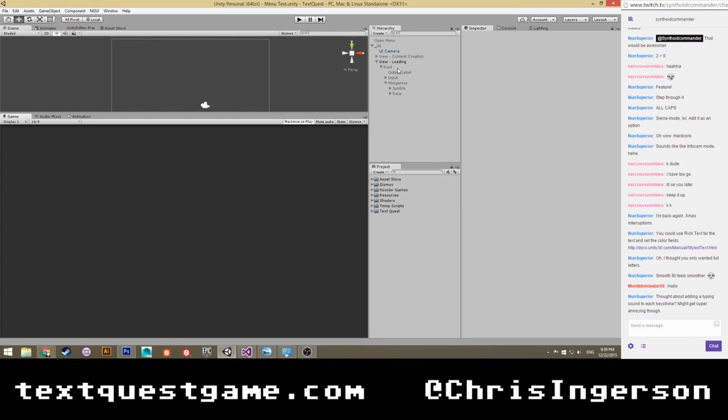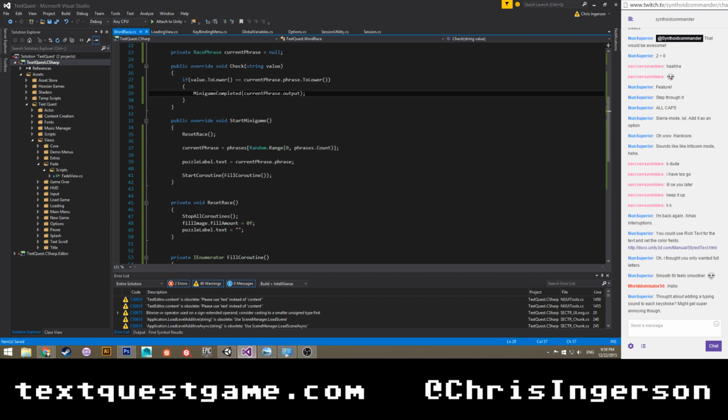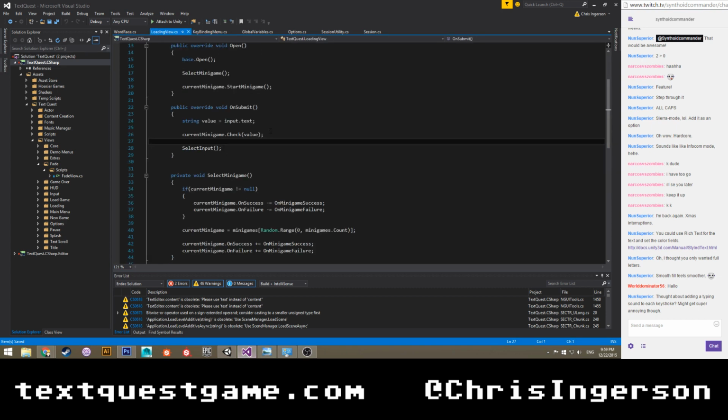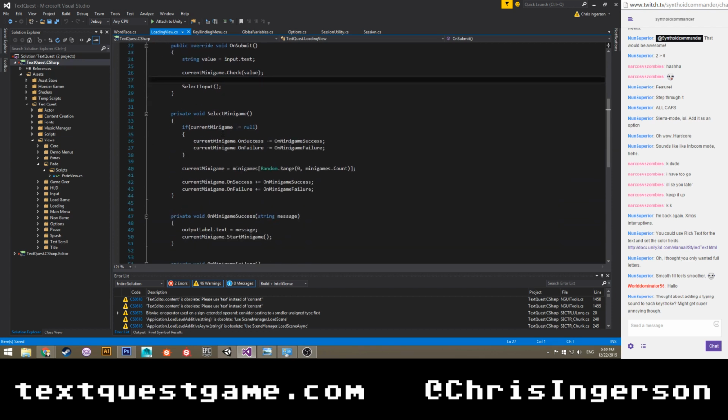Oh, and real quick, I'm going to go ahead and add Jumble back in here. So that, and we're going to change up loading view. Let's see, on submit, blah, blah, blah. Select minigame, here we go.